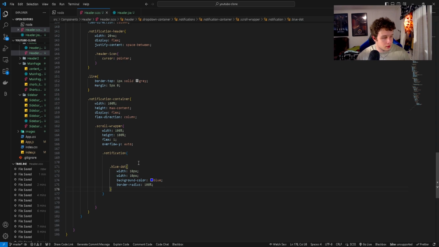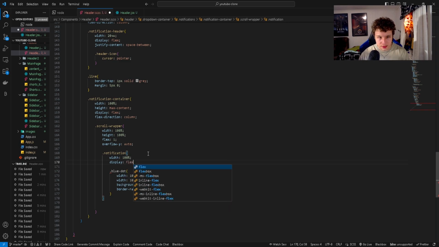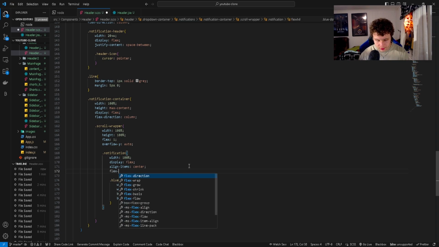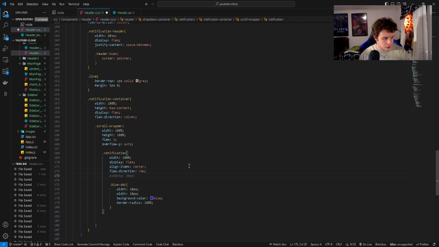everything is right. Okay, so we can actually style this notification already. The width is going to be 100%. We also want to have display flex here. We also want to have align-items center, and we also want to have flex direction, which is going to be row, just like that. Nice. And we also want to have justify-content, which is going to be space-between,